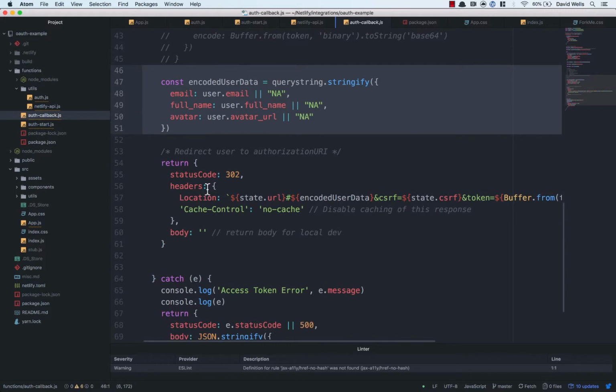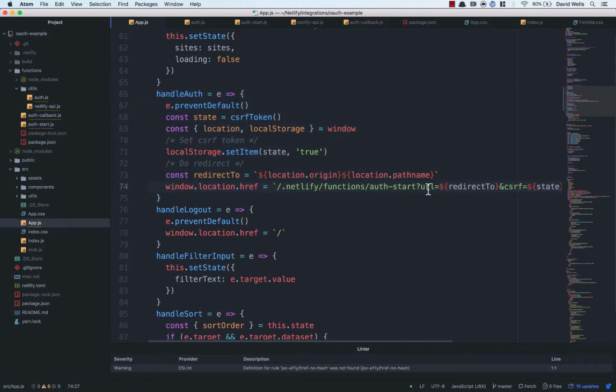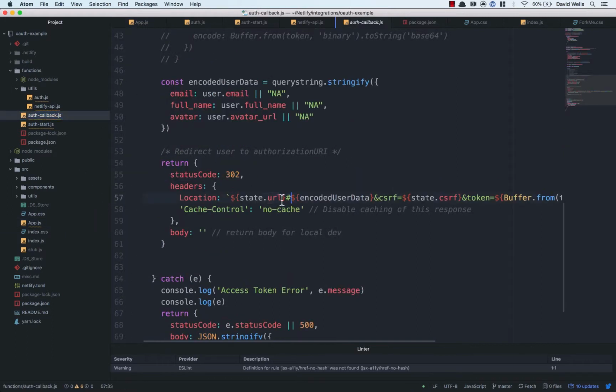So I encode it, and the final step here is I'm redirecting back to the client. So you'll remember this state.url. That actually originated way back here on the client, which is this URL, which is really just like, hey, redirect to my application. But basically we are redirecting back to oauthexample.netlify.com with some encoded data